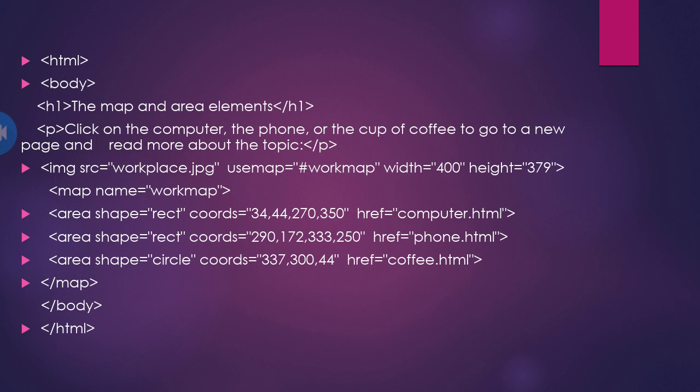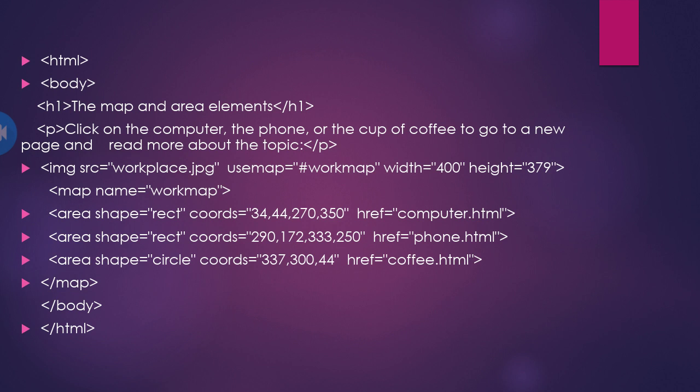Now height and width. Height and width tell how much area you want to display of that image. You can also skip that portion, it is up to you. This line is just to apply the image and to give the name as a usemap, to tell the browser that we are using client-side image mapping. In the next line, start with the map tag, map.